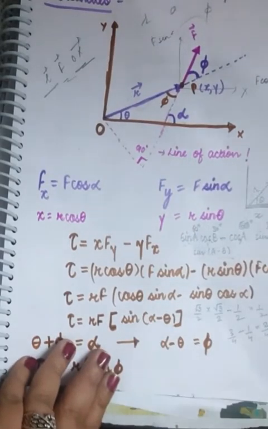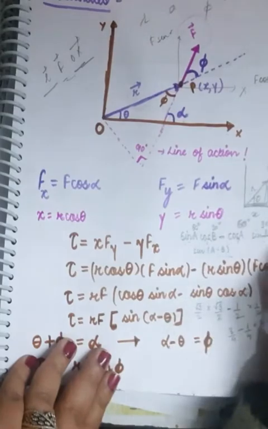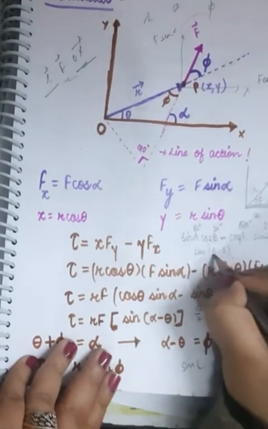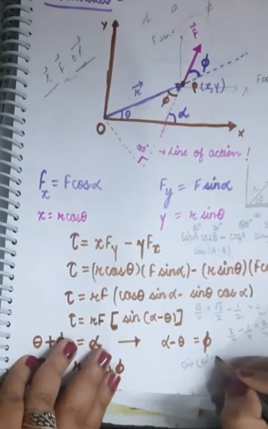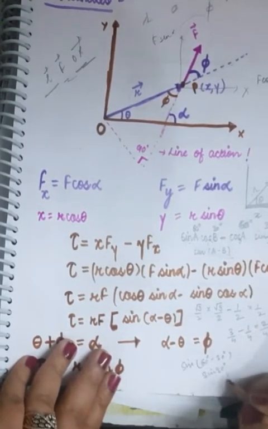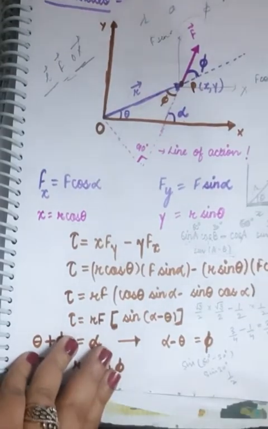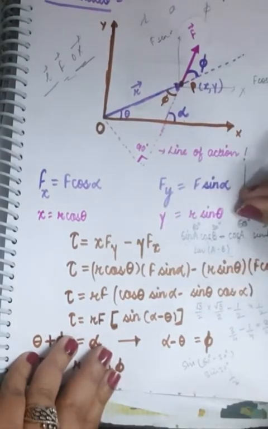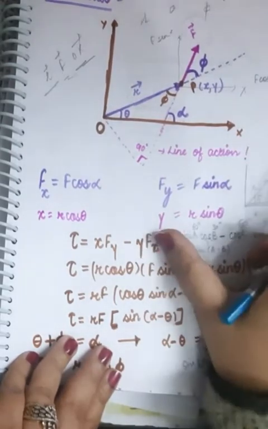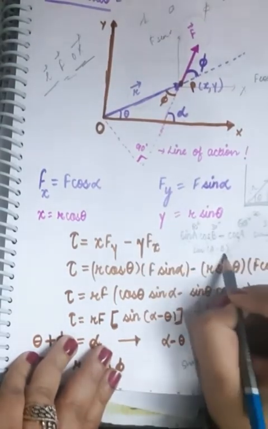Right? So after that, this should be equal to sine A minus B. In the RHS, A is 60 degree, B is 30 degree, so sine 30, which is 1 by 2 again. Right? So just learn this formula, sine A cos B minus cos A sine B. Instead of writing this whole expression, we can write sine A minus B.